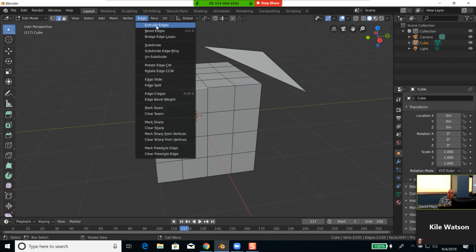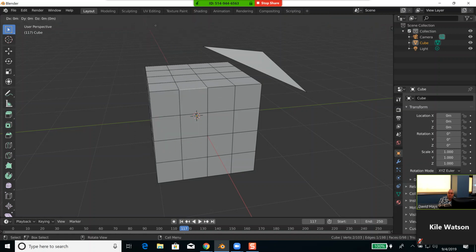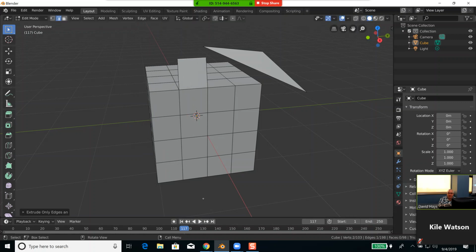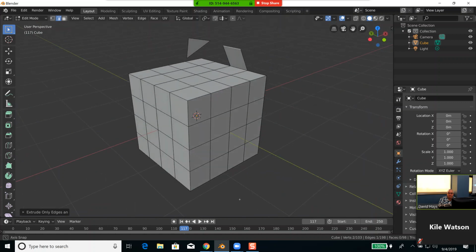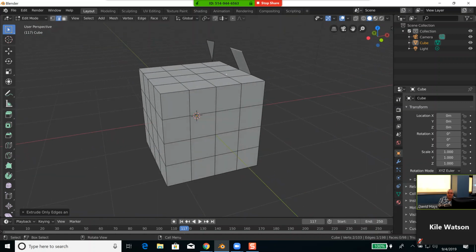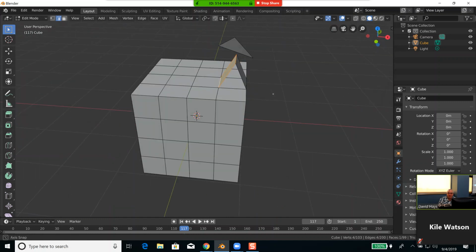Notice also I've been doing E for extrude, but there's extrude edges here. If I move up, it gives me that. It's the beauty of using the combination of these. I have this edge selected, this edge selected. If I do F for face,